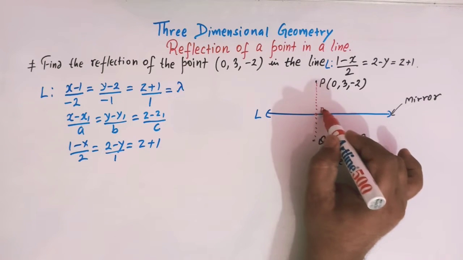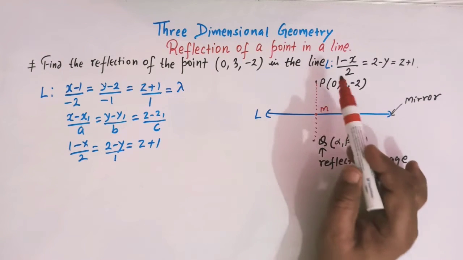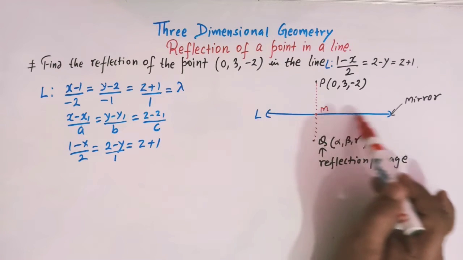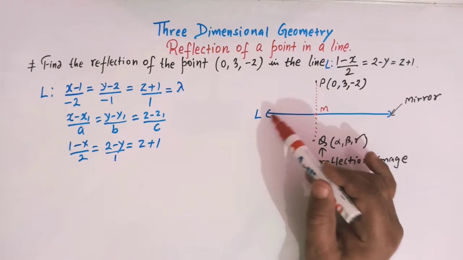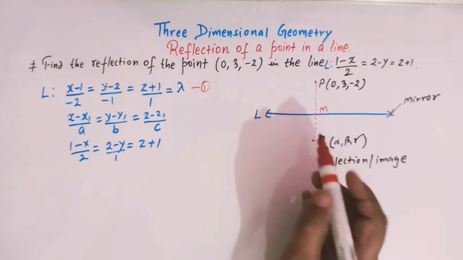And let us take this point as M, right? So M is the point which is common to this line PQ and this line L, right? So this point M lies on this line L,